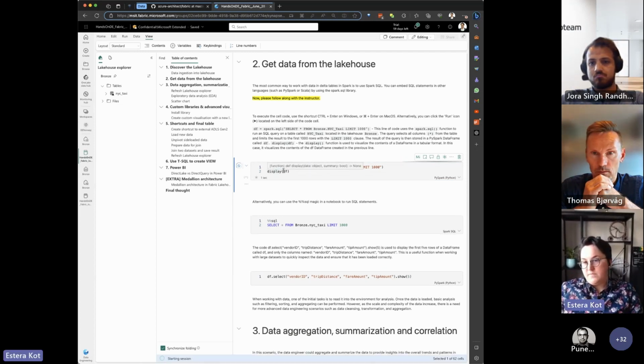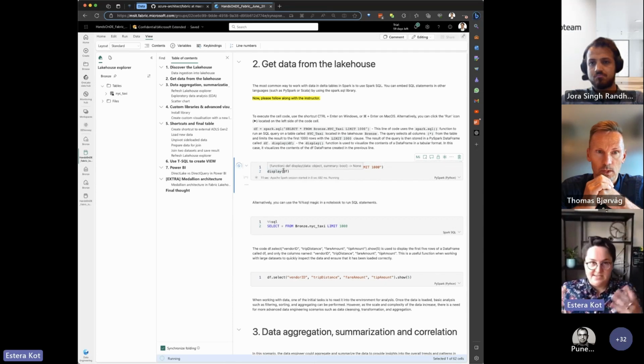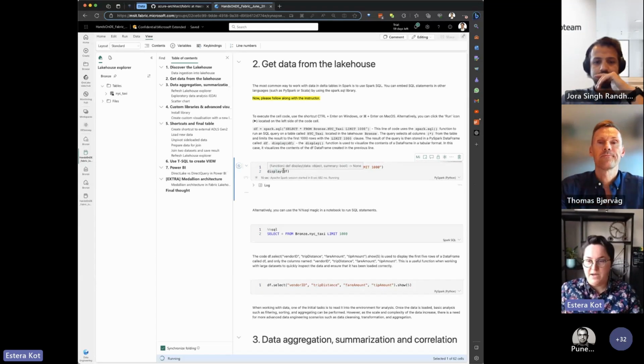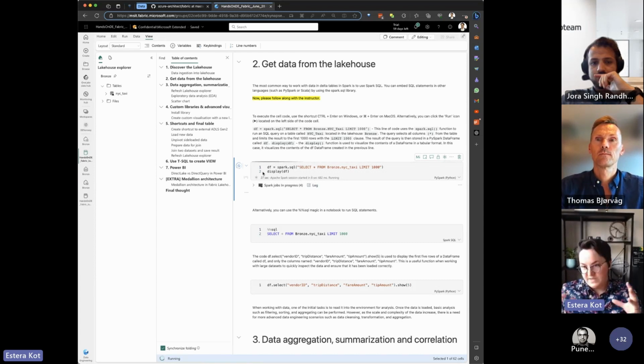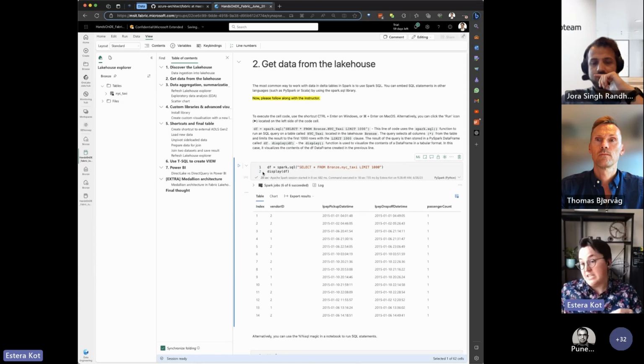One of the biggest differences compared to Synapse, and also seeing the feedback for Synapse, is that in Synapse, as in Spark in general, you have to wait for the Spark session to come up, about 3, maybe 4 minutes. Here we started execution after 9 seconds in total. Now we are just querying, but in less than 9 seconds, we got the Spark session and were able to execute the query.